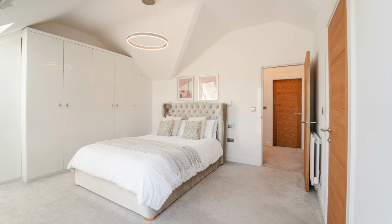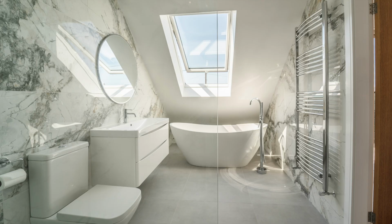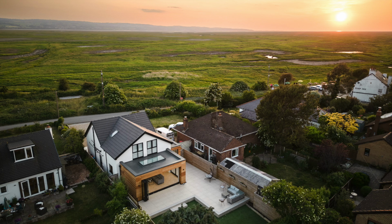So lovely open space there. Really enjoy sitting in there when the sun's out. And there's the balcony. And then we've got the ensuite bathroom with the egg bath and the walk-in shower. Blended the grey tiles with the... We were going to put the marbly tiles throughout, but I thought it would have been a bit of overkill, so we decided to put grey tiles just to break it a little bit, which I think worked really well. So there's a couple more photographs, and then